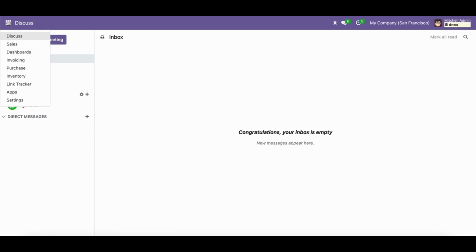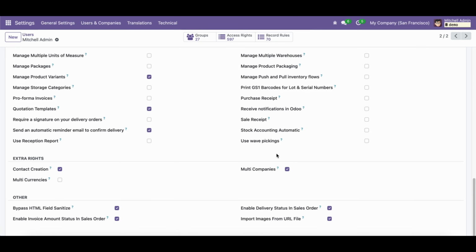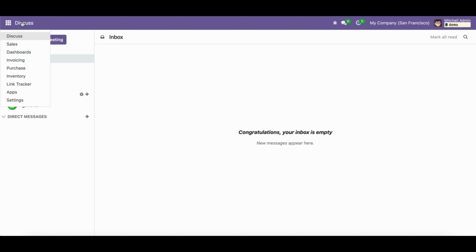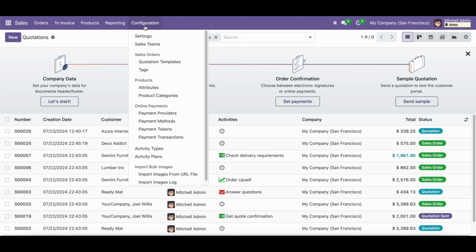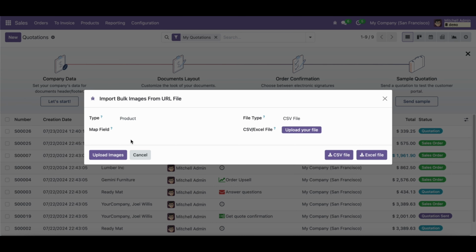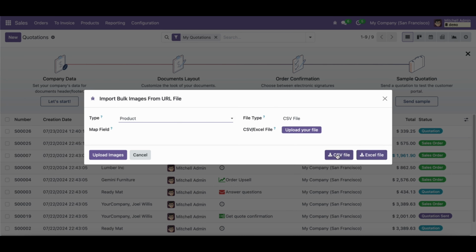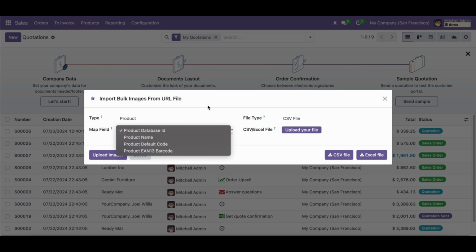How to import images from URL in Odoo. Odoo Import Images from URL helps to import photos straight from URLs, CSV files, and Excel files that have mapped fields and URLs. You can add a mapping field and link to CSV or XLS files by selecting the mapping field option. You can manually add or change the picture URL for a particular object, such as a product, customer,